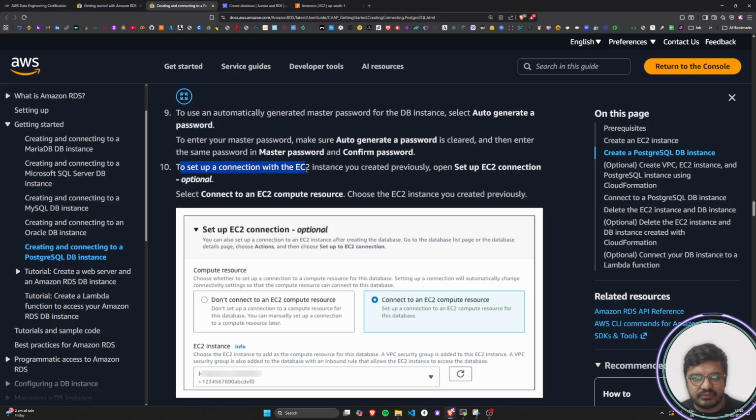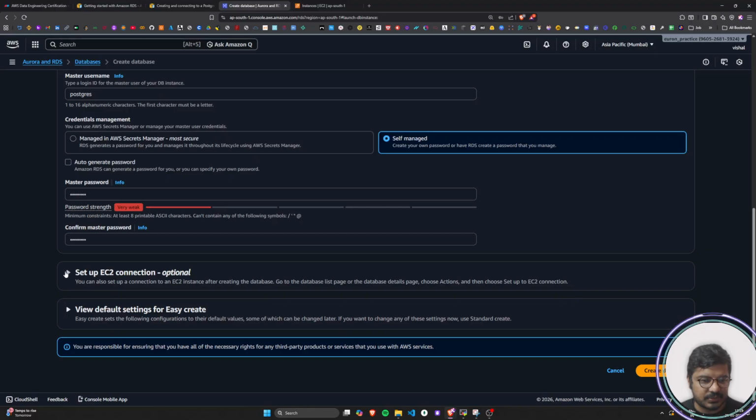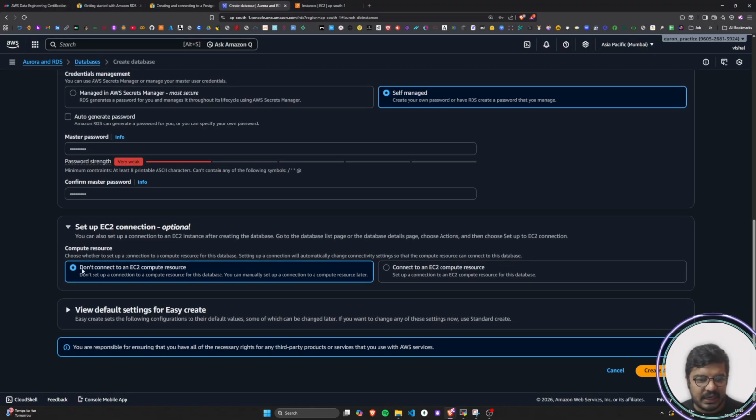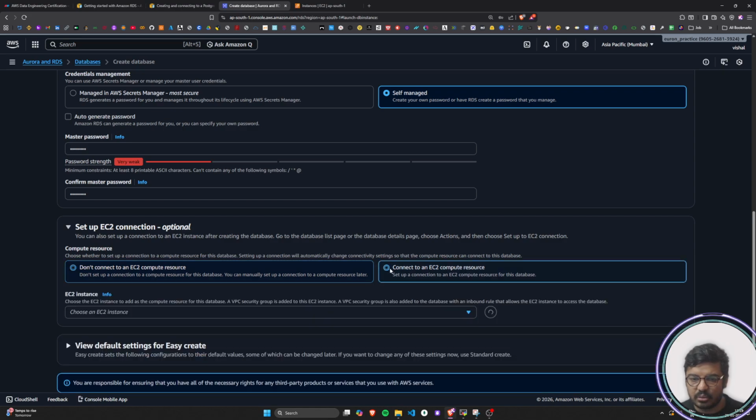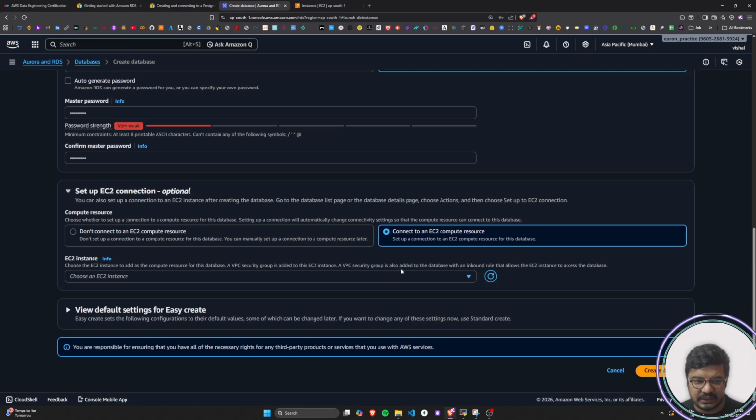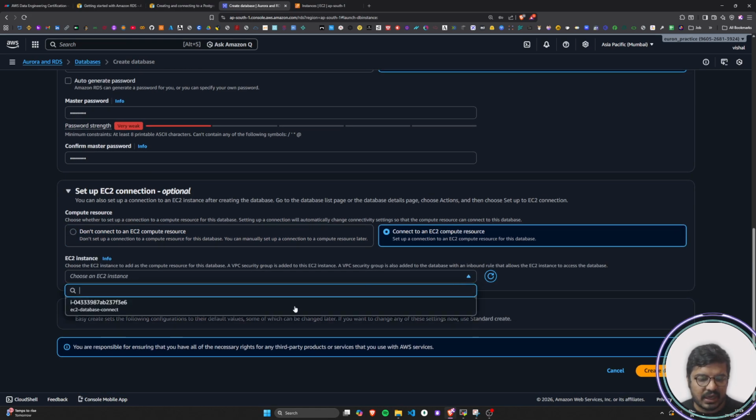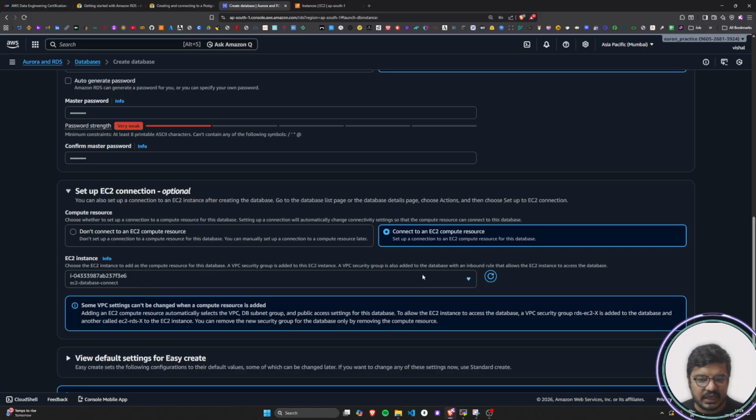Now to set up the connection with the EC2 instance you created previously, open set up EC2 connection, select the EC2 compute resource and choose the EC2 instance created previously, right? So we will click on this drop down. By default it's chosen don't connect to an EC2 compute resource, but I have to connect to the EC2 compute resource. So I will check this, and in this drop down I will get the list of EC2 instances that I have, because currently I have only one EC2 instance. So I will attach that particular instance to